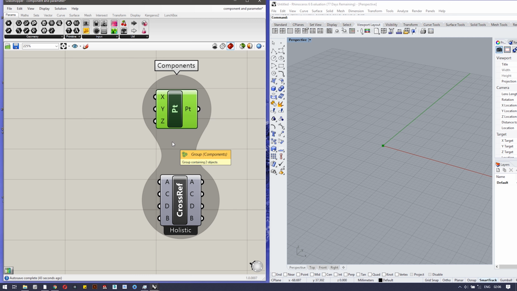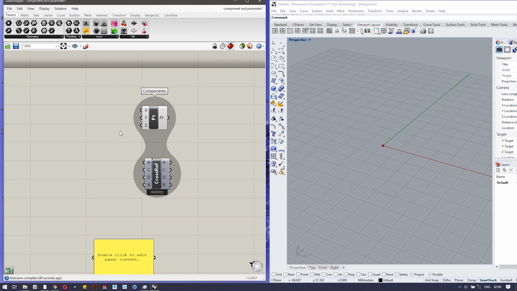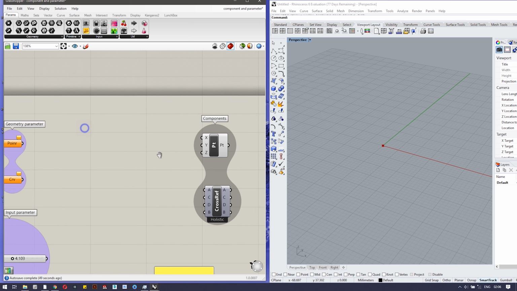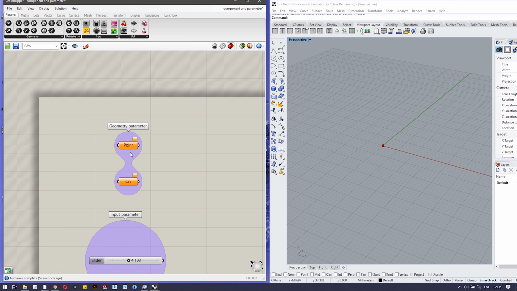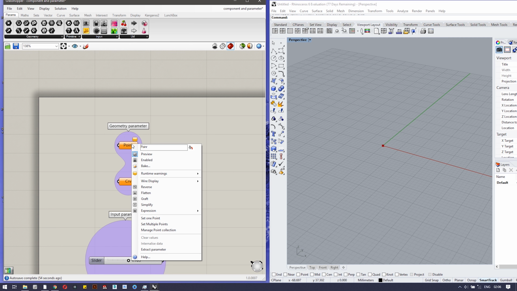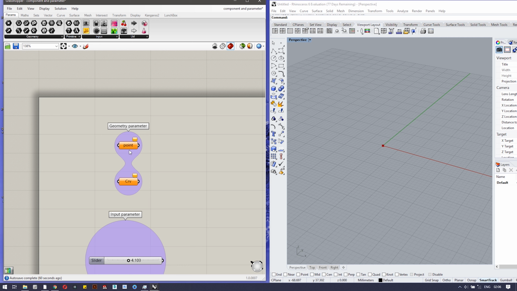If you right click on this, let's go back to the geometry parameter. If you right click on this, you will find a few options. The first one, here you can change the name of the parameter or the component. This is found in both of them.